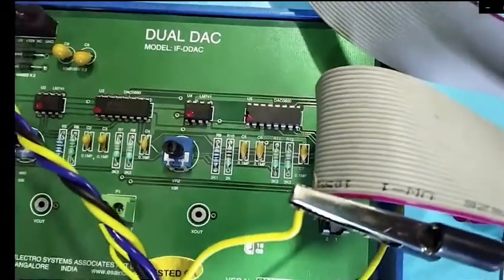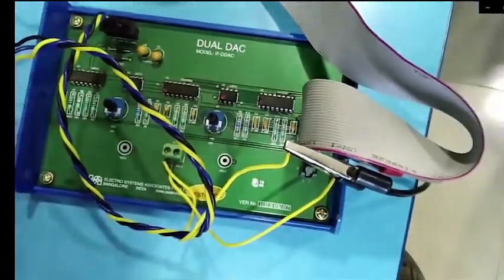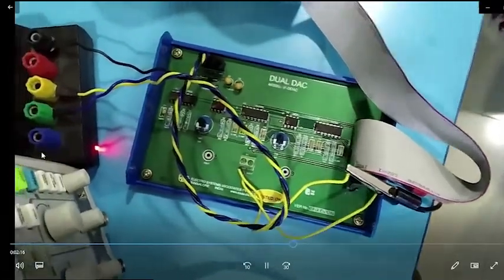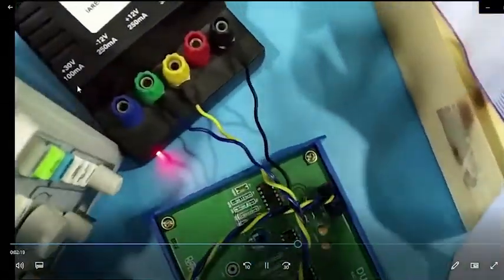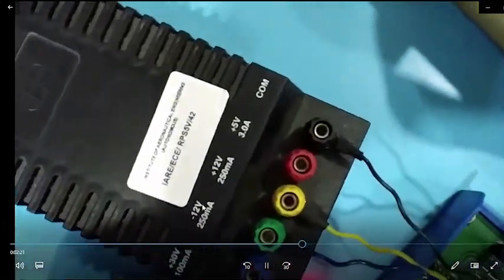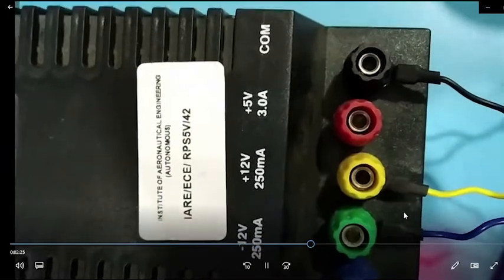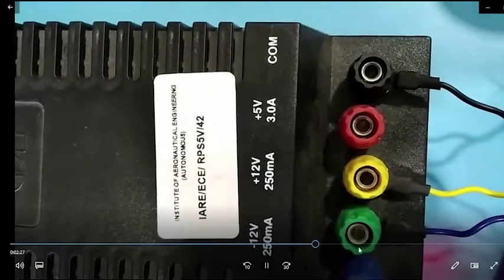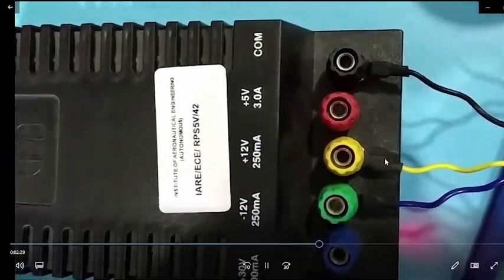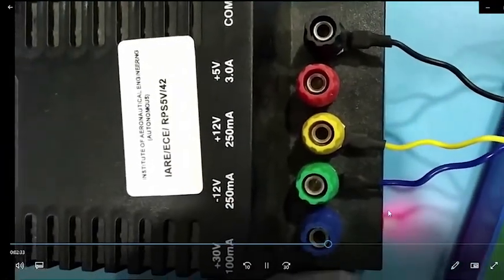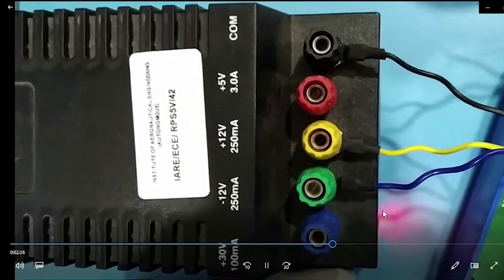Through the RPS, you can observe here minus 12, plus 12 and ground. From those three you have to give to these three knobs of the RPS. One is minus 12, another is plus 12 and another is ground.